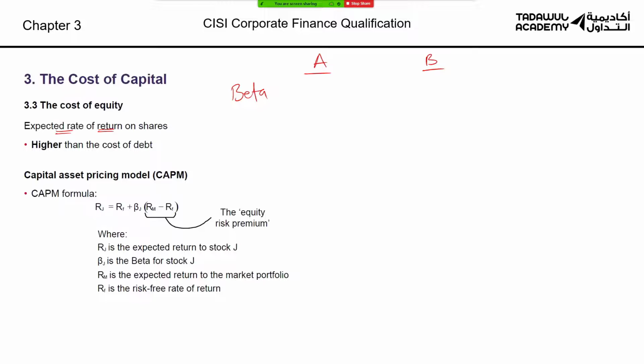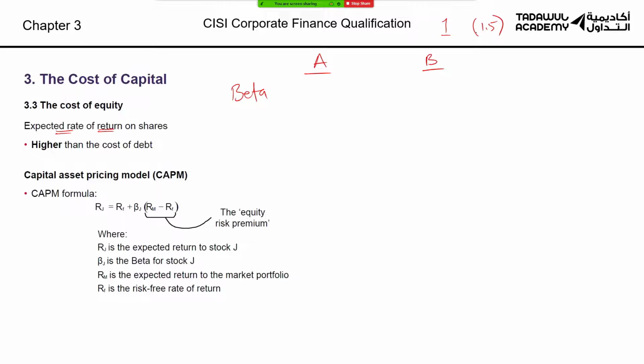The beta is comparing the stock to the market, not to its own average. And the beta can be 1. If a stock has a beta of 1, it means that it moves in line with the market. Whatever return the market is getting, that stock will give you the same return. If a stock has a beta of 1.5, this is a more sensitive and more volatile stock because it's moving faster than the market. If the market goes up 1%, this stock will go up 1.5%. But if the market goes down 1%, this stock will go down 1.5%.